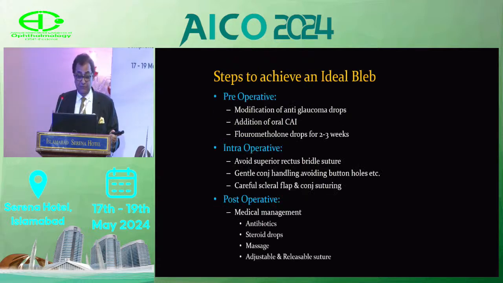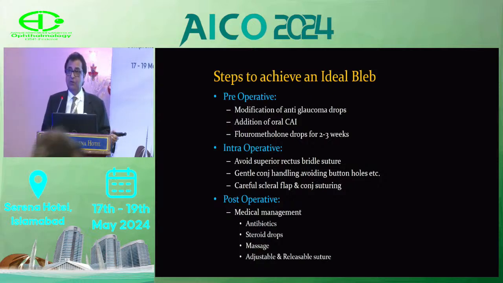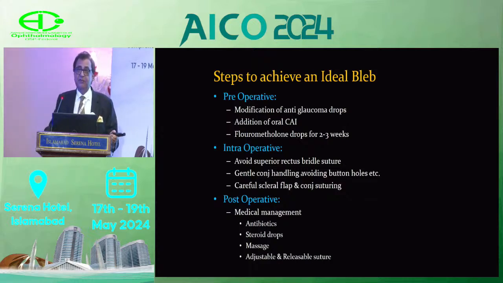So these are some steps which we discussed yesterday, that if you want to achieve an ideal bleb, what you should do. Preoperatively, modification of anti-glaucoma drops, addition of oral carbonic anhydrase inhibitors, and fluorometholone drops for 2 to 3 weeks. Intraoperatively, avoid superior rectus bridle suture, gentle conjunctiva handling, avoiding buttonholes, and careful scleral flap and conjunctival suturing. Post-operatively, antibiotics, which we use for about 3 to 4 weeks, and then steroid, on average for about 3 months, but you also heard Dr. Rashid saying